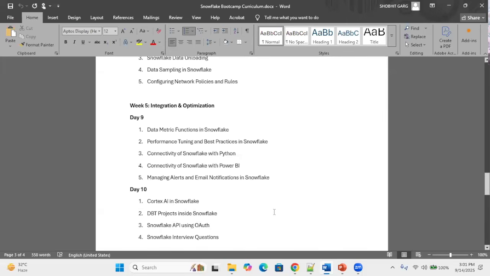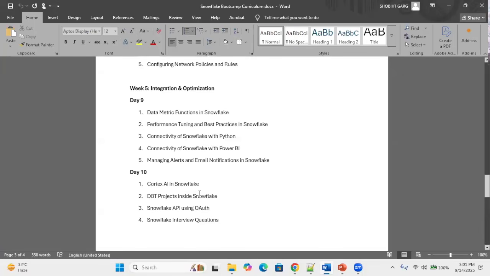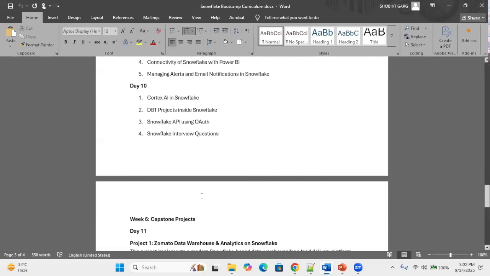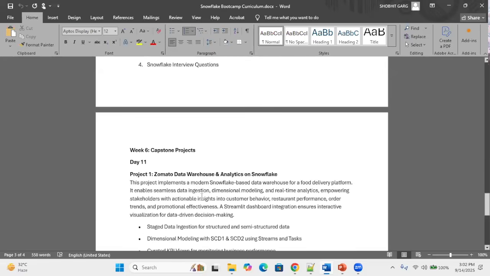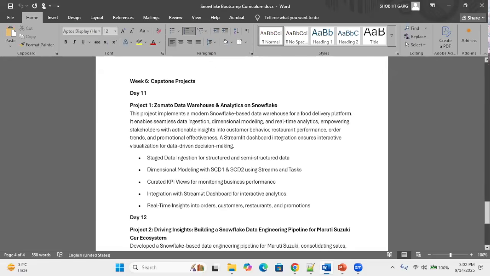Week five will be more or less around performance and best practices, connectivity with various tools, be it Python, Power BI. We will also be using DBT inside Snowflake, which is a recently introduced feature in the summit. We'll also be going through a lot of interview questions. Then at the end, in the last week, we'll be having two capstone projects, which will be similar to the